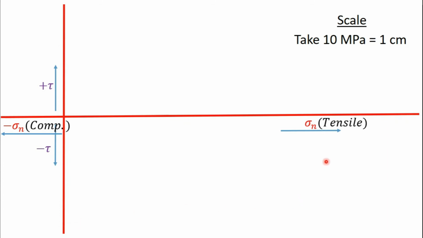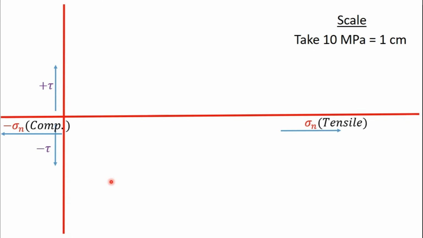It is a normal sign convention on every xy plane that this side is taken to be positive and this side is taken to be negative. Similarly for the y-axis, above the x-axis is taken to be positive and below is taken to be negative. So there is no abnormality in it, it's all usual, and you all know that.